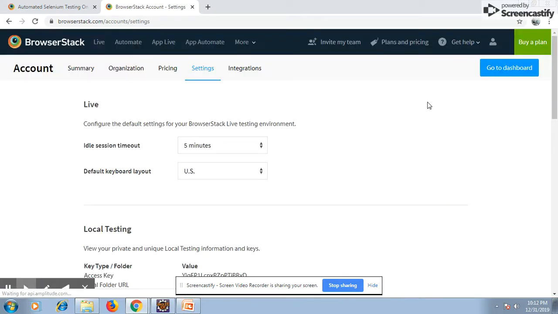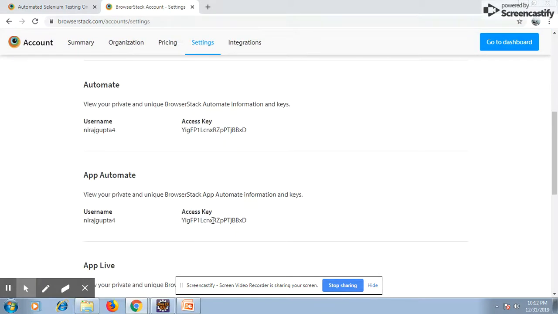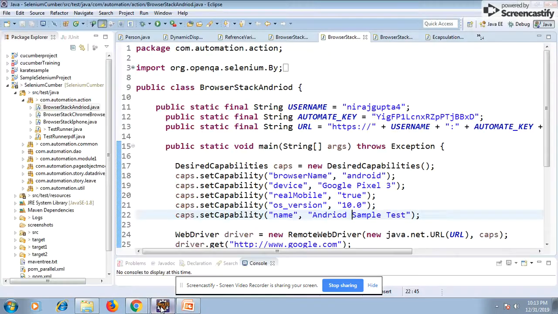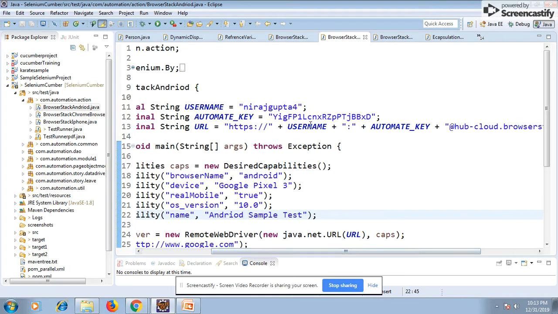So the username is the username which I have created, so that is the username they'll give me. Here is the username and the key. Now in the script you just have to give the username, automated key, that key, and the URL. As you know, the URL will be like username plus automated key at the rate